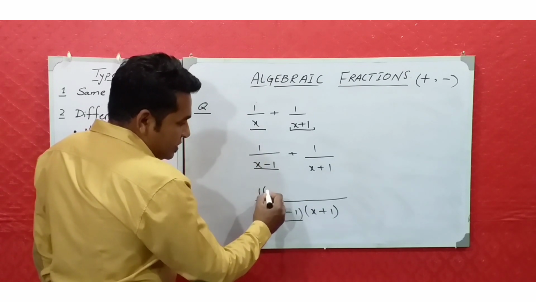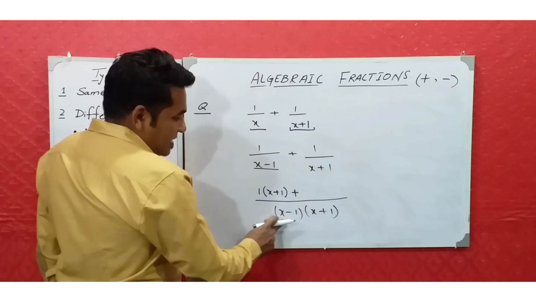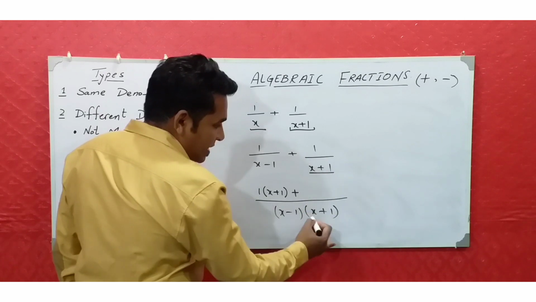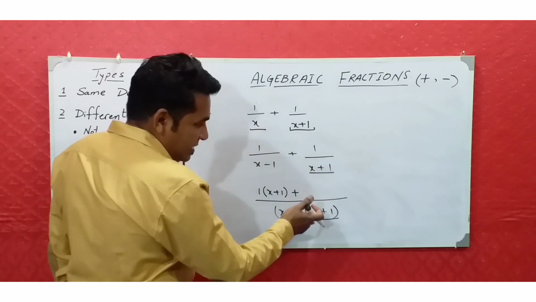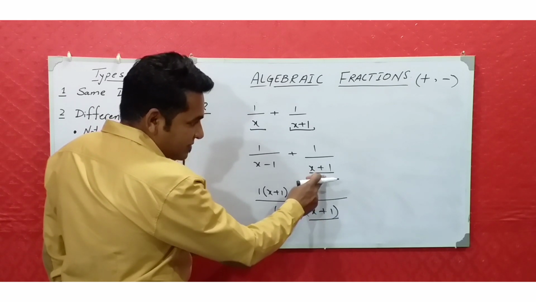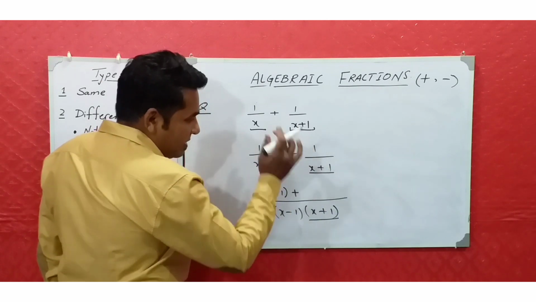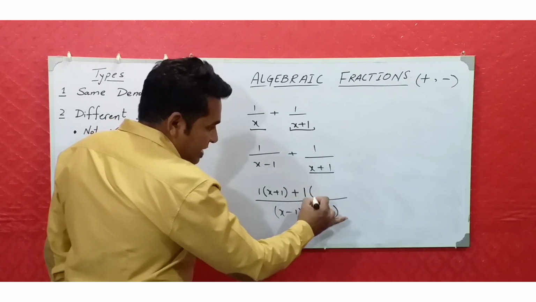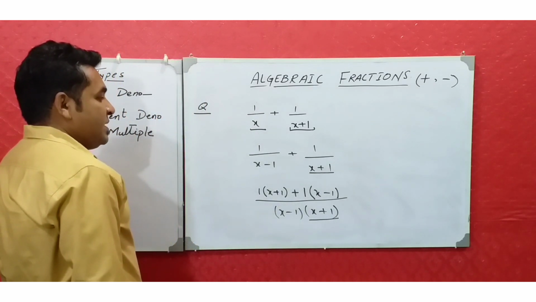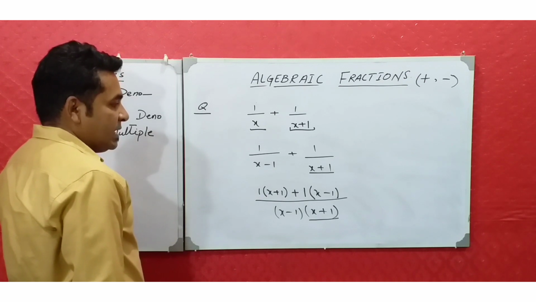So it is 1 into x plus 1 plus, here you can see in the other fraction we have this expression x plus 1 and it is also x plus 1 present in LCM. So this one x plus 1 and this one x plus 1, they both cancel each other, and this x minus 1 will go and multiply by 1, and this will be 1 times x minus 1. Further, please take a few seconds and look at it. I hope you all are getting it.